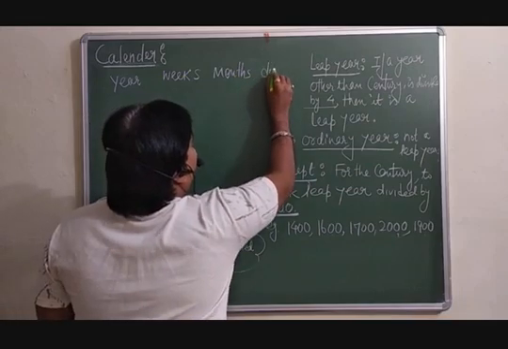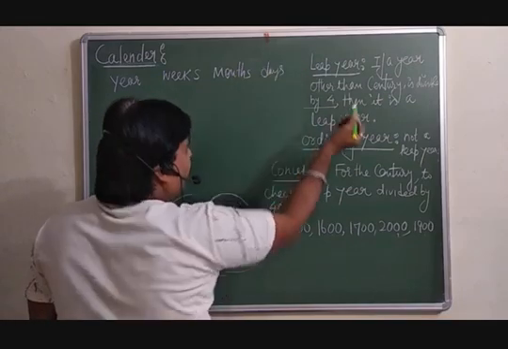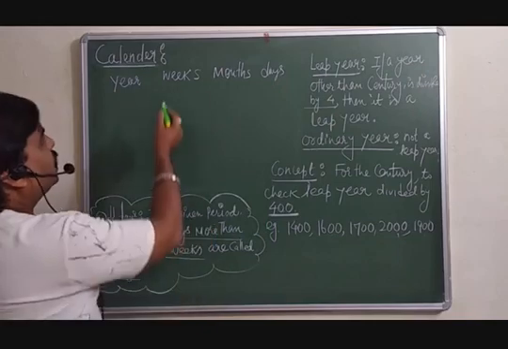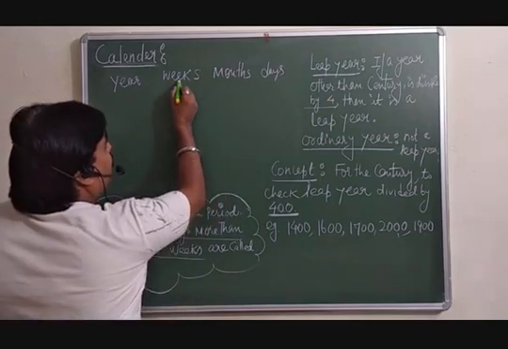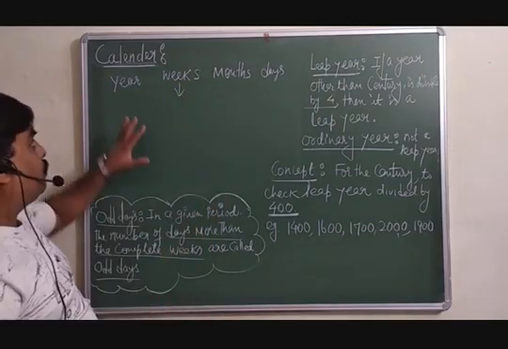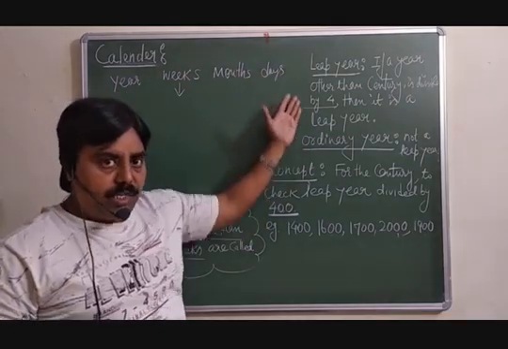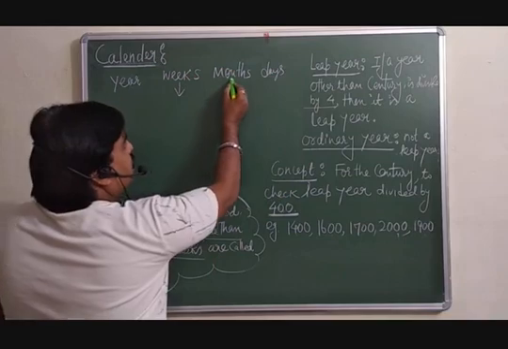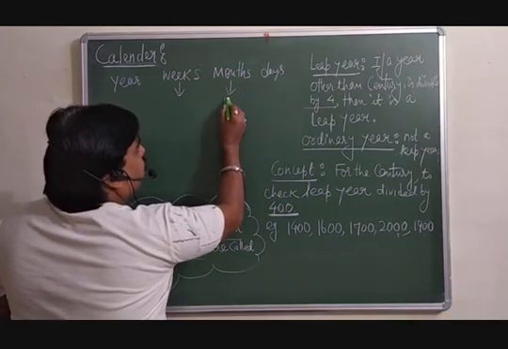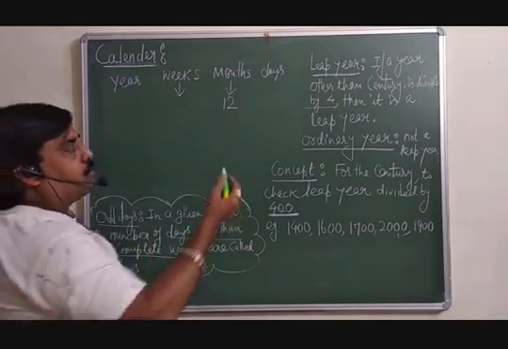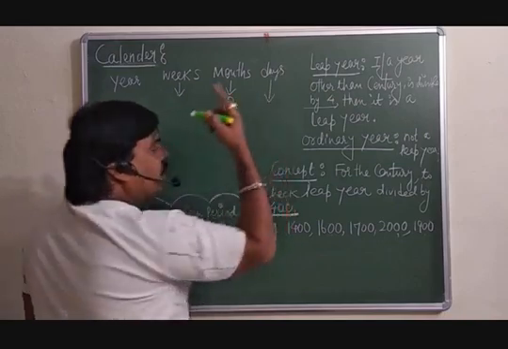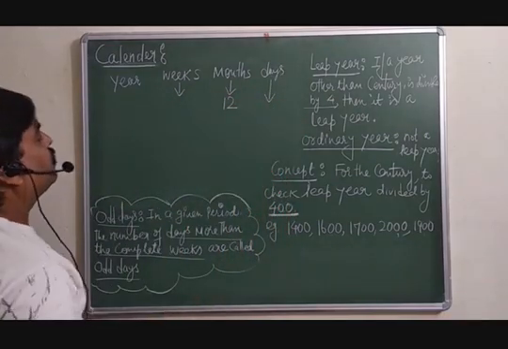the day, and the date is there. That is in a calendar, you know already. See, how many weeks are there in a year? That depends on the year, because a year may be a leap year or an ordinary year. That we will also discuss. How many months are there? You know that, there are 12 months. If we talk about the days, the days also change according to the month.